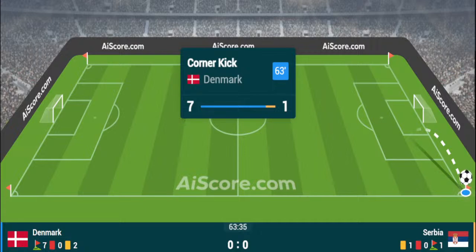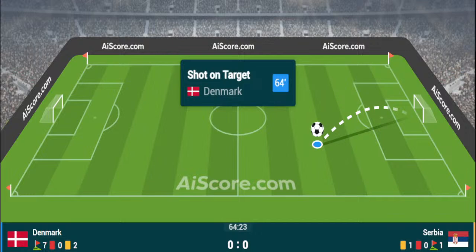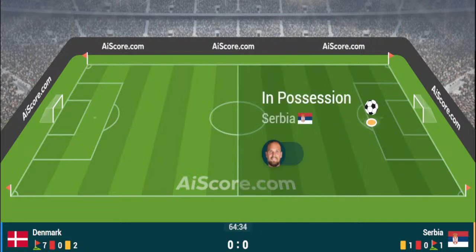Everyone's behind the ball for Denmark, and I think as the game wears on, Denmark will be increasingly aware of the fact that a draw is going to be good enough for them, at least as it stands. Here comes Serbia, though, trying to make things happen. An attempt to pass is deflected, ricochets behind for a corner kick. And now it is Denmark 0, Serbia 0, and a corner kick for Denmark.